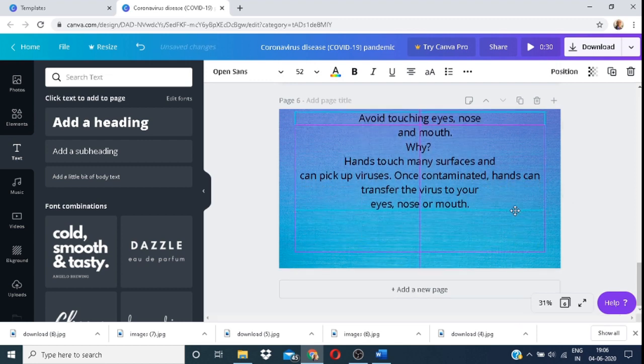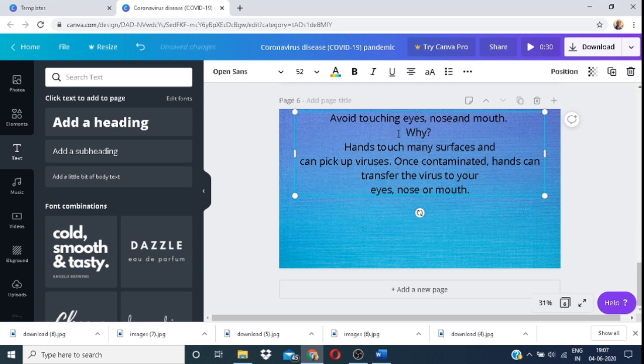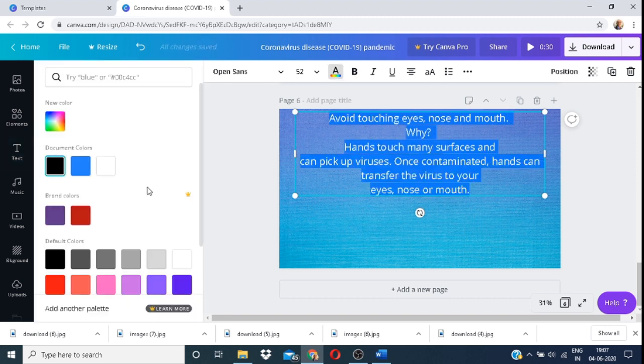Since we're learning how to make a video for educational purposes, this is why I'm emphasizing on the fact that you can change the color of the text, the size of the text. So again, I'm going to change the color quickly and emphasize eyes, nose and mouth.